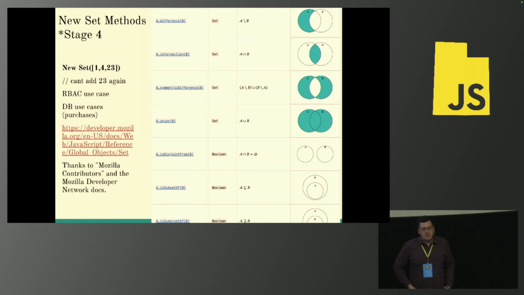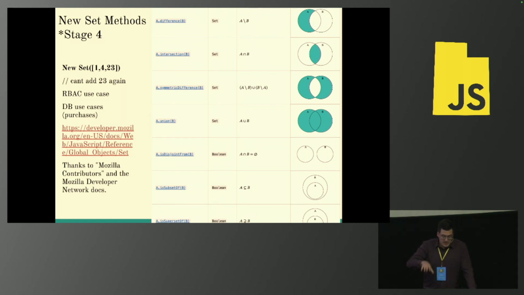And then something else that's pretty neat is new set methods. I put the star here for stage 4 because even though it was added, it won't come out, I think, until 2025, but this is pretty neat. So two things, right? And to illustrate this, my apologies to the people all the way on the top if the font's a little bit small.